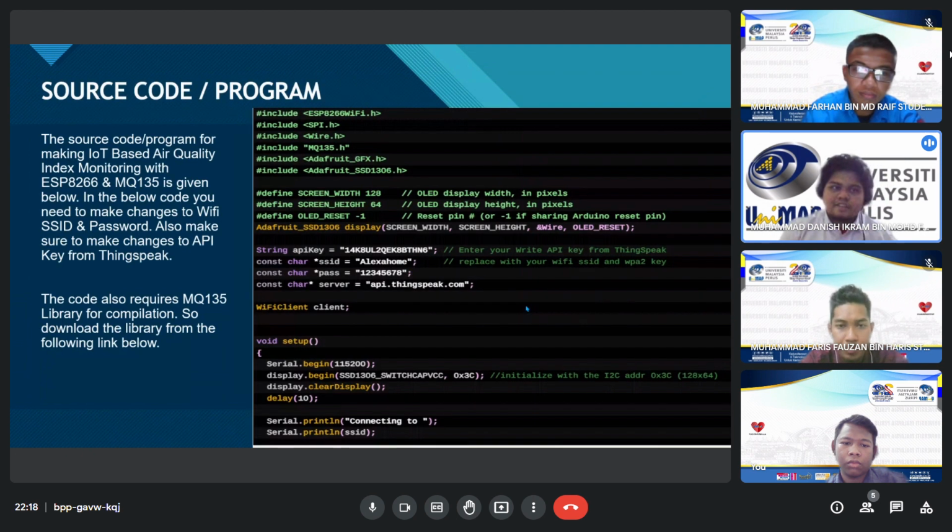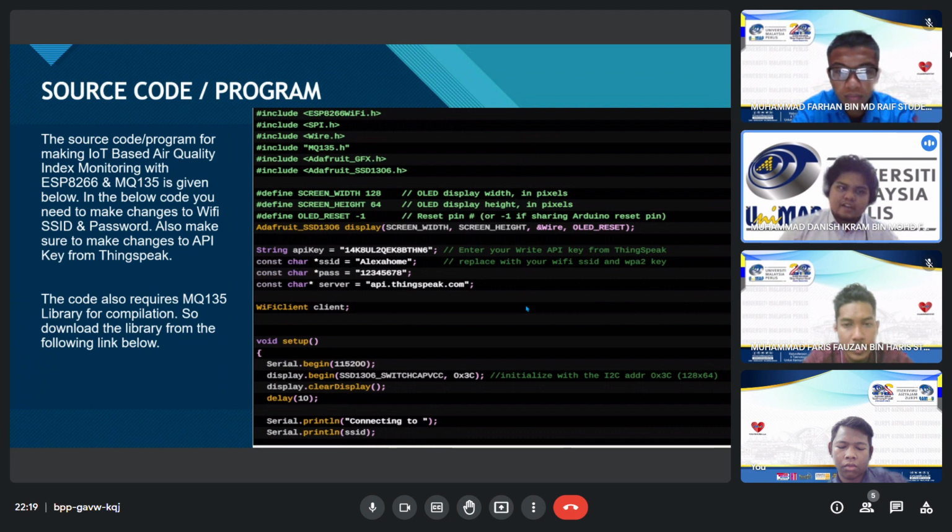The next part is the source code. The source code or program for making an IoT-based air quality index monitoring system with ESP8266 and MQ135 is given below. In the code, you need to make changes to the Wi-Fi SSID and password. Also make sure to change the API key from ThingSpeak.